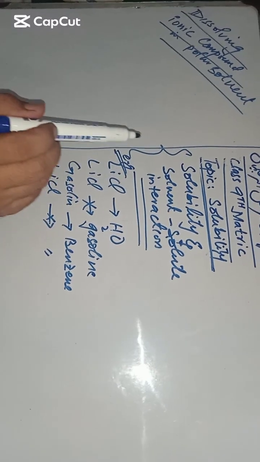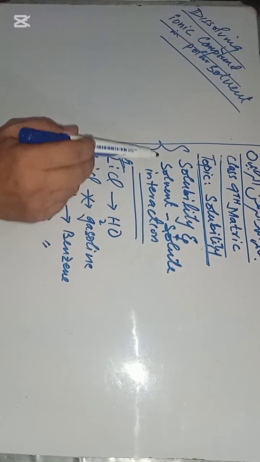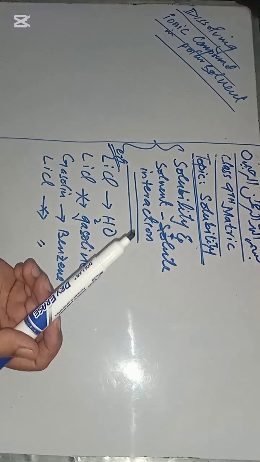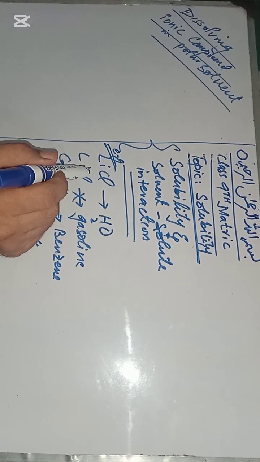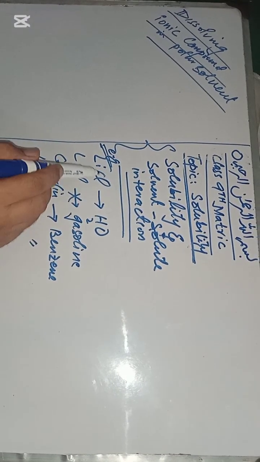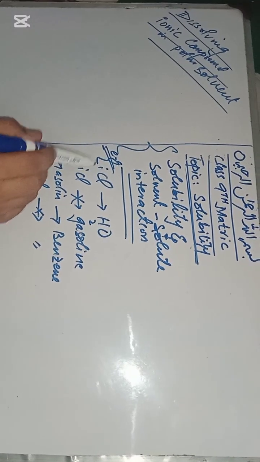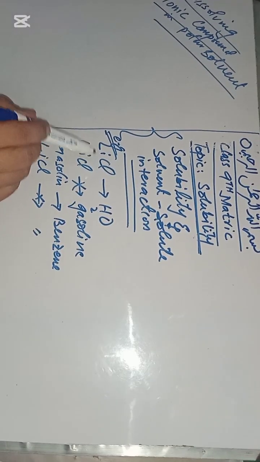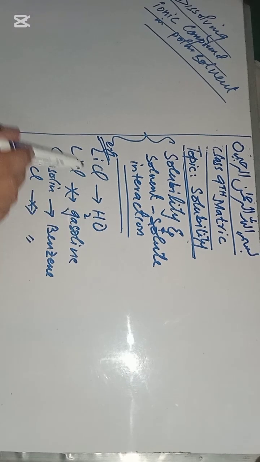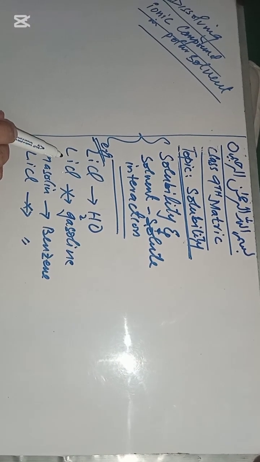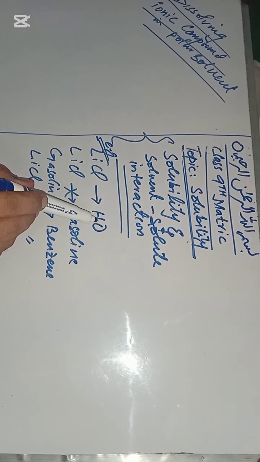And now we are going to discuss the solubility and the solvent-solute interaction. Like we have lithium chloride, we are dissolving it in water. As I discussed earlier, lithium chloride is an ionic compound and can better be dissolved in water. But lithium chloride won't be dissolved in gasoline, because water is a polar solvent and gasoline is not